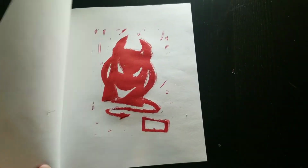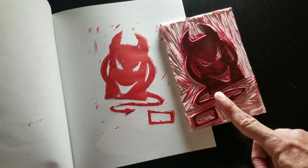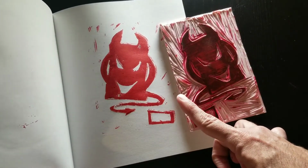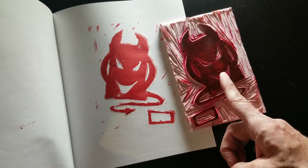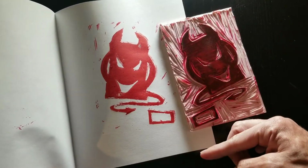Now going to the next one, you can see this one doesn't have any patterns. I don't mind this, but it does look fairly boring. So I don't know if I'm going to try to spruce this up, but then I keep thinking to myself, how would I spruce it up? And this is one of those things